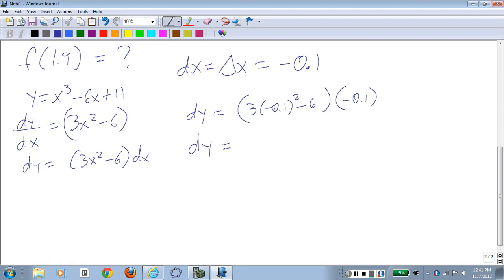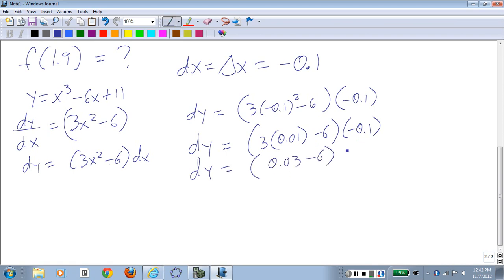Is that how it would work? 3 times 0.01 minus 6 times negative 0.1, dy equals 0.03 minus 6 times